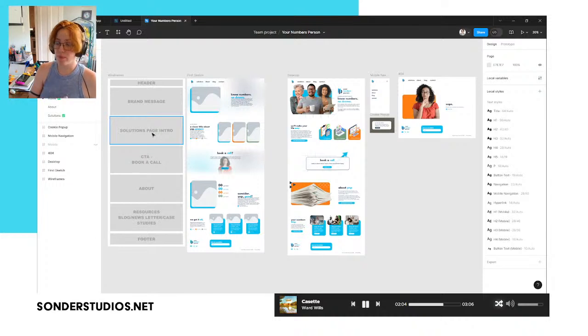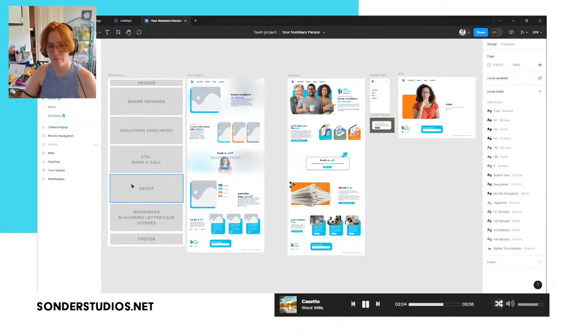Second thing that they wanted people to know was that they offer customizable packages for different needs in their specific business. And then after that, ideally, they want the user to book a call. And then if the user needs more convincing, then we tell them more about, so on and so forth. So, as you can see, wireframes, very bare bones, no images, no placeholder text, none. Just boom, boom, boom, boom.